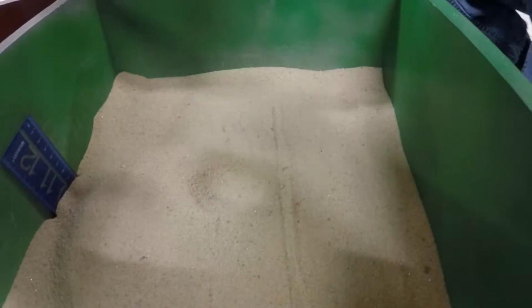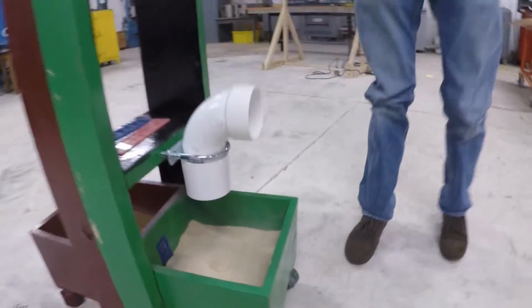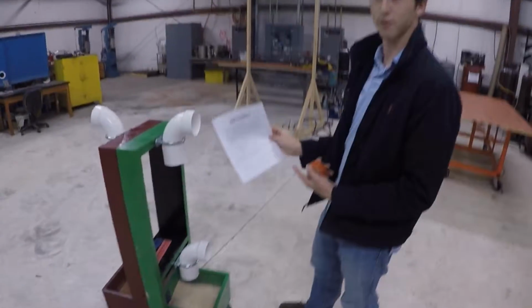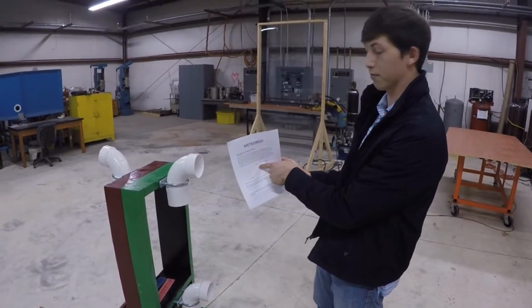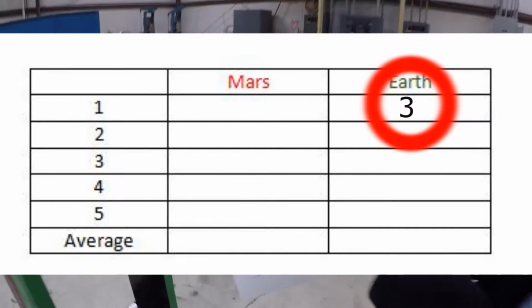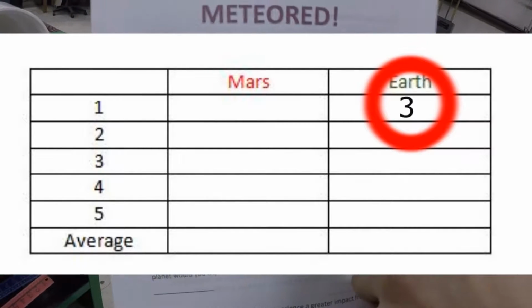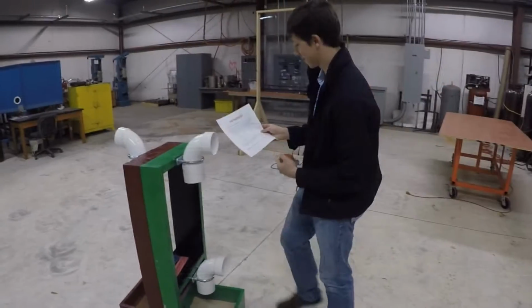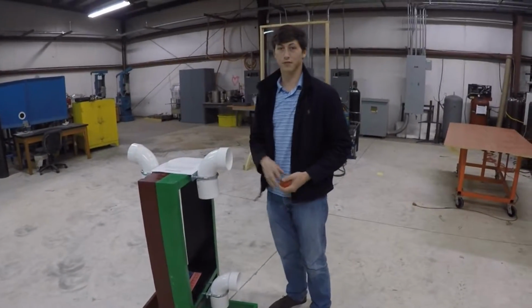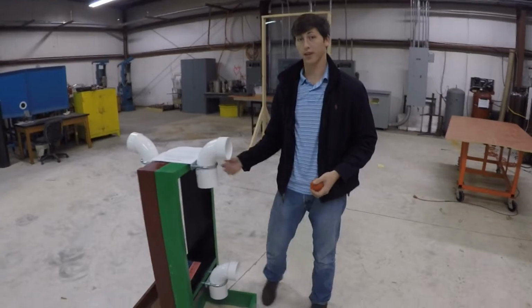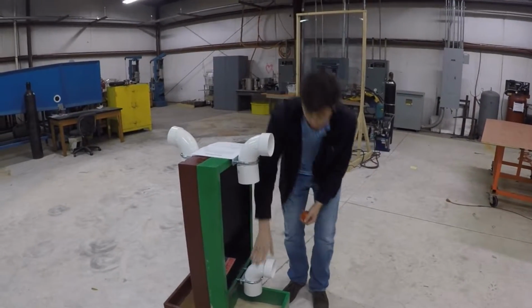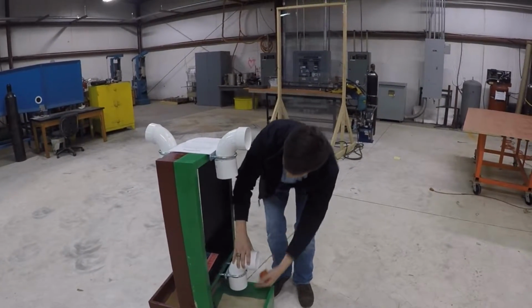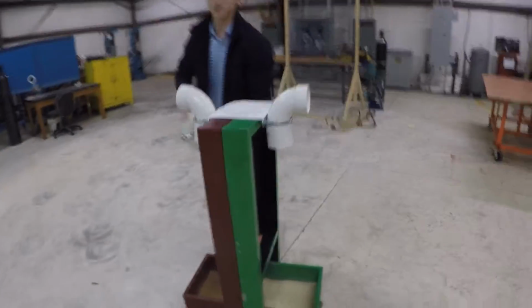And you're going to take your worksheet that we provided for you and fill out that measurement of 3 inches right here on the Earth side, because that was the Earth side of the design. And this process will be repeated 5 times for both the Earth and the Mars side. So you'll simply move this and place it on the Mars side,